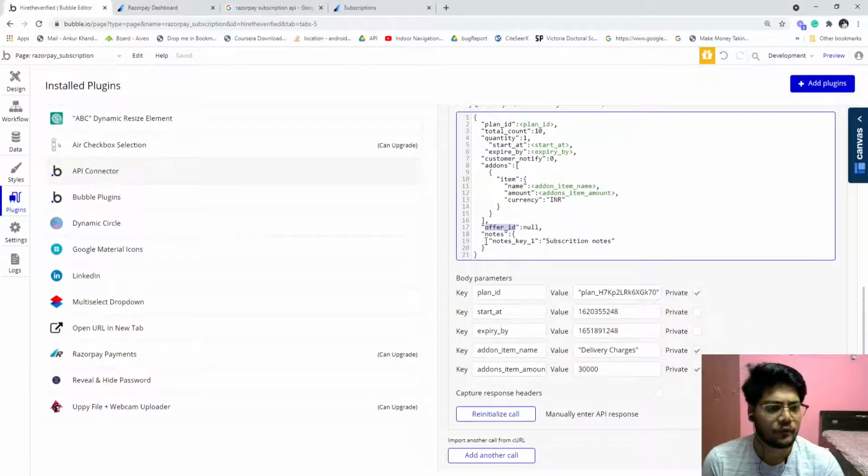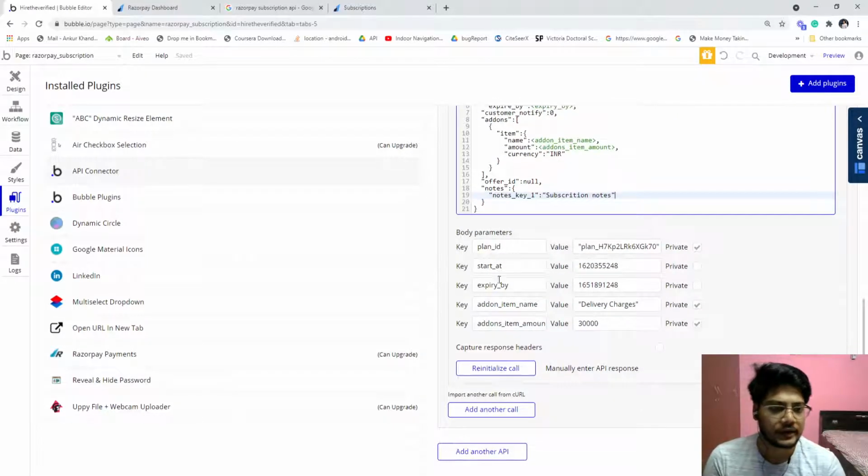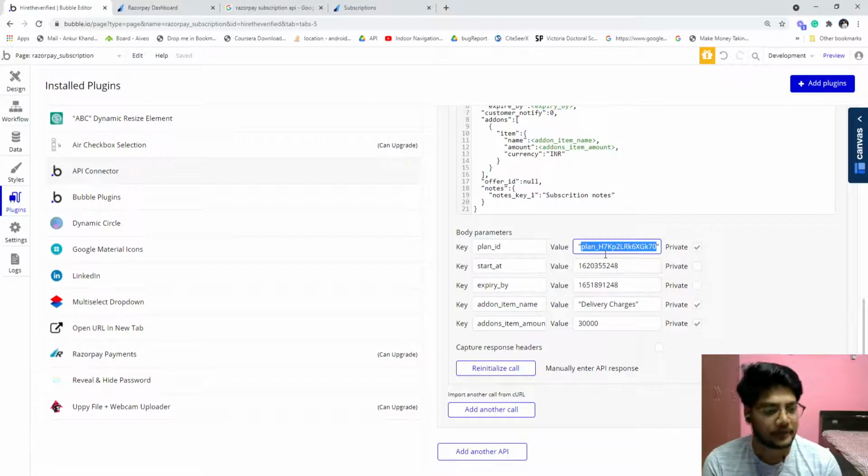And any notes you want to pass to Razorpay, you will get when you fetch the subscription details. So I just put a start date and end date dynamically. And when you put a plan ID as dynamic, always pass that plan ID with double quotes, as I told you in the last video also.